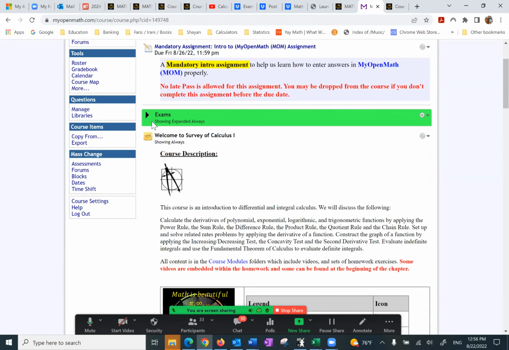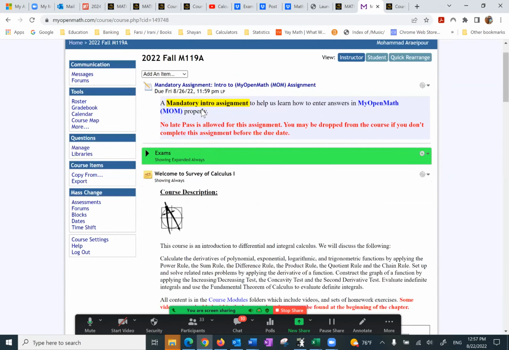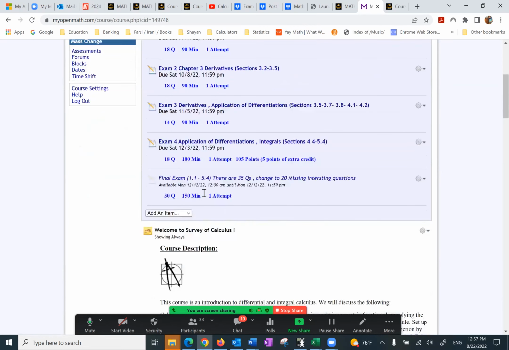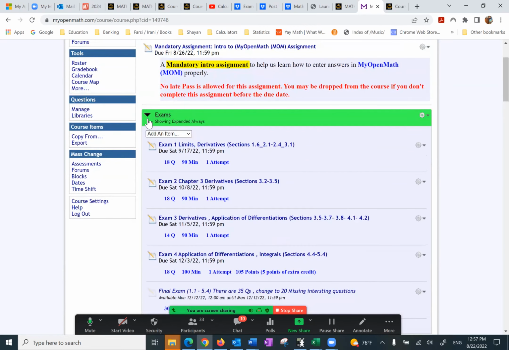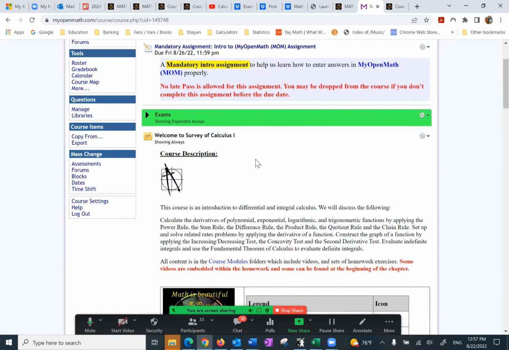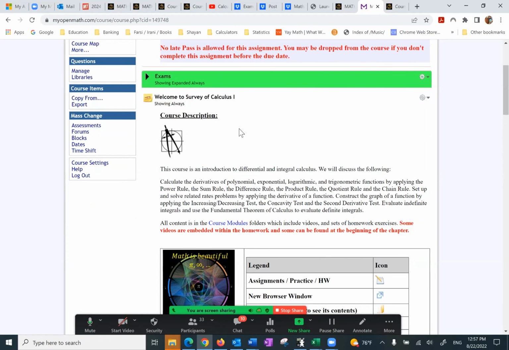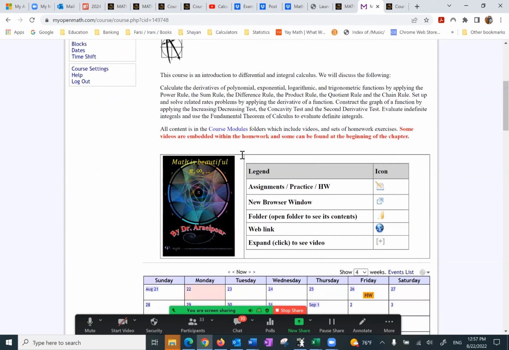What comes next? Exams. I put the exams right after that, at the top again, because I didn't want anybody to miss that. You don't have to worry about this at all. I will go over more details when we come to the week of the exam. But for now, this is where you find the exams, and they're all password protected. Then there is a short description of the course.